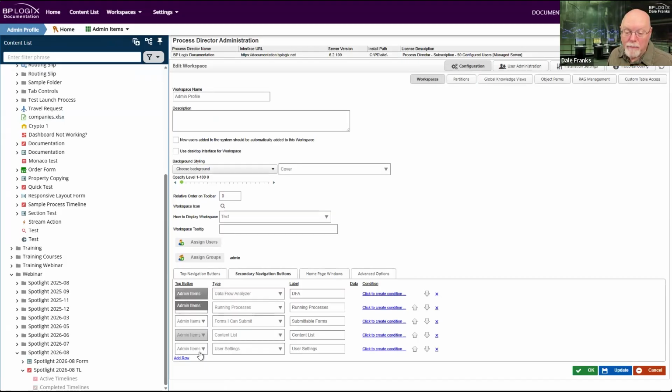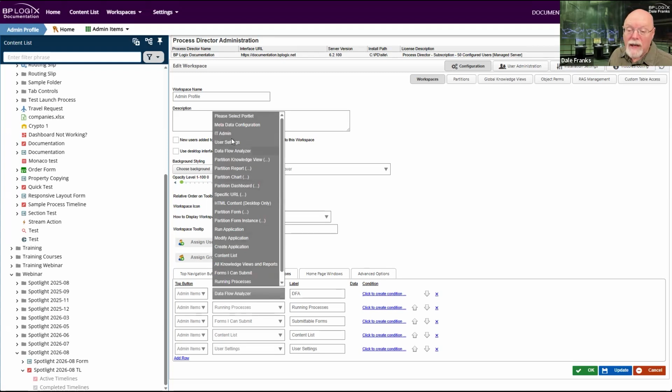and this is a drop-down that only shows the drop-downs that you have configured on the top navigation buttons tab. Now, I've only configured one, so that's my only possible selection here on the secondary navigation buttons tab. It's my admin items button. And for each one of these, now I can pick the navigation item that I want. This is sort of the same navigation that we used to see on the top navigation buttons.